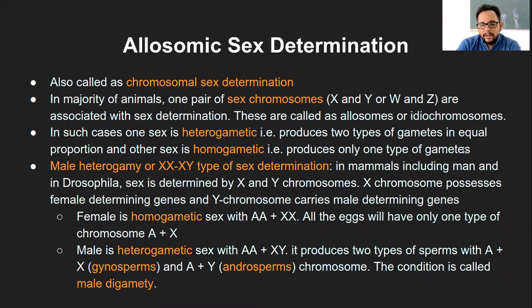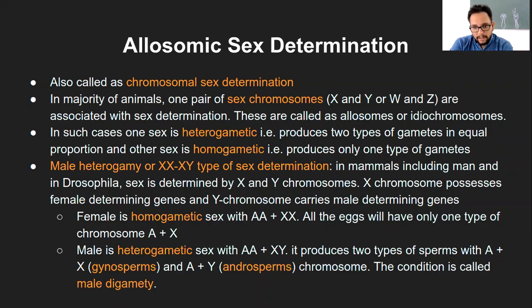Though a female has two X chromosomes, the type of gamete it will produce is only one type, because both of them are XX, so any X is going to be the same. So all the gametes, all the X which will be formed, will be the same, that is X with 22 chromosomes. So that is homogametic, that means same, only one type of gamete.